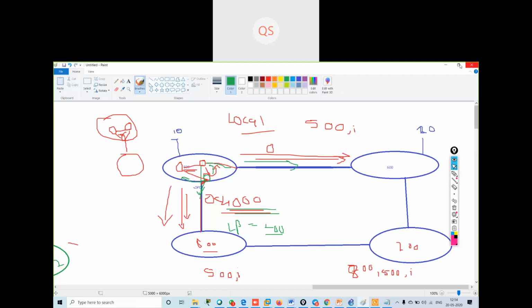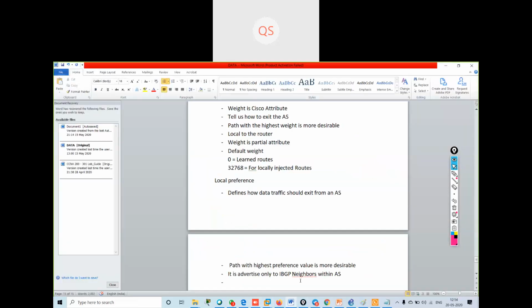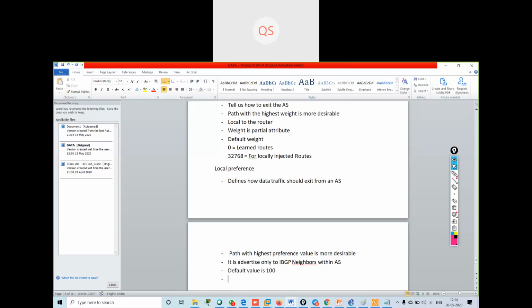Okay, understood. So this is something done by local preference. It advertises it to all the IBGP neighbors. Now the default value is 100. Can it be configured only on the AS border router, or on any of the routers? You have to configure it on the border router only.